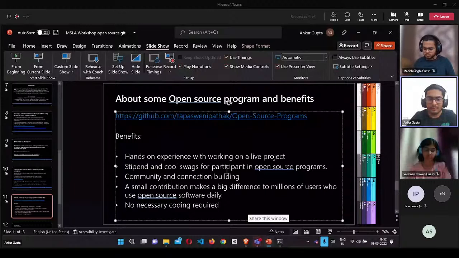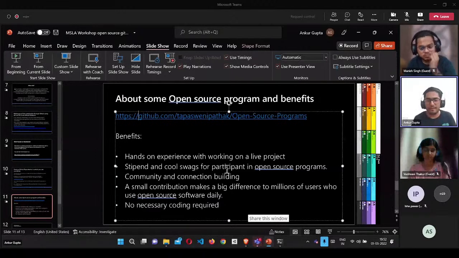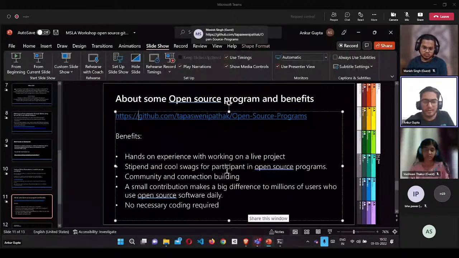For example, Linux is an open source operating system kernel, right? Someone probably developed it, then people started working on it, and it's huge. I guess about 99% of the web is currently hosted on Linux, so it's a lot. And another part: no coding is necessarily required. All that we have done today, as you probably know, we have done no part in coding, and everything was done nicely. So this is how you can contribute to open source programs.